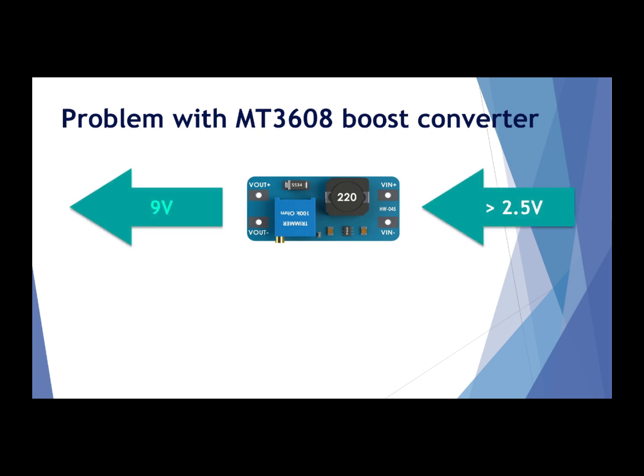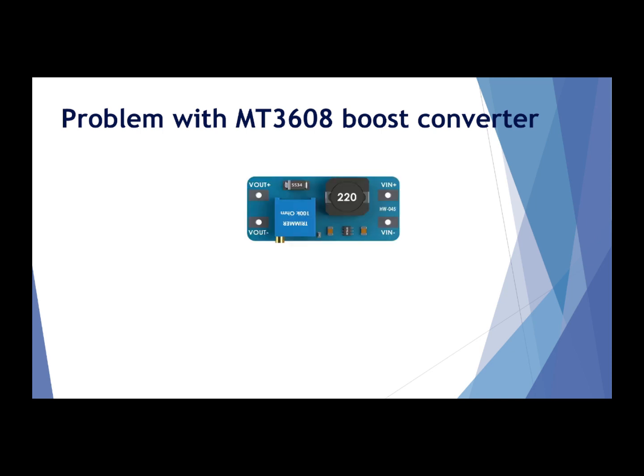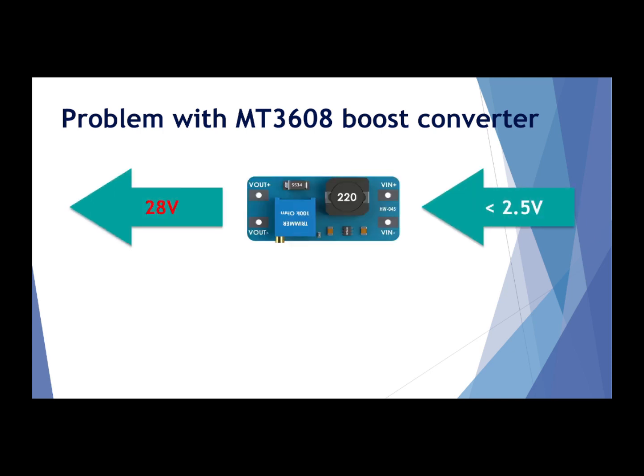If you provide the input voltage, that is the battery voltage, greater than 2.5 volt, then we can constantly regulate the output voltage at 9 volt, and the Arduino will be happy because 9 volt is the regulated voltage, which is the main requirement for the Arduino to run. But the battery voltage will start discharging when you use it. So whenever the voltage of the battery falls